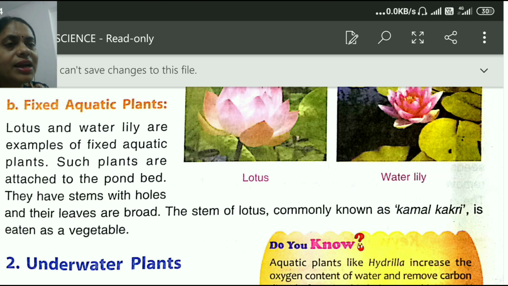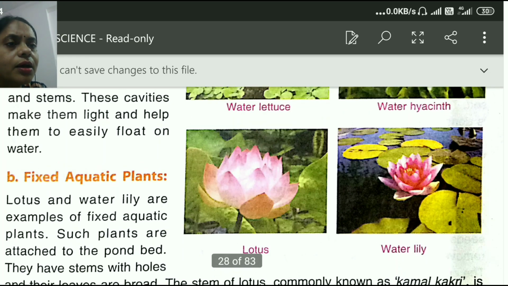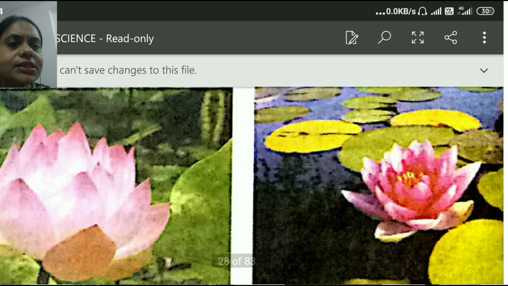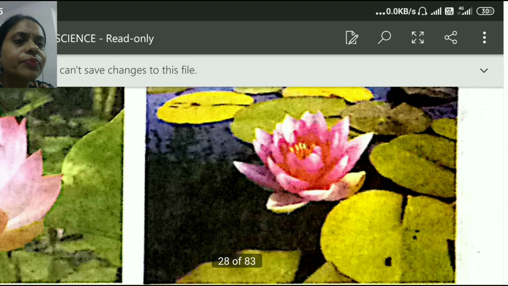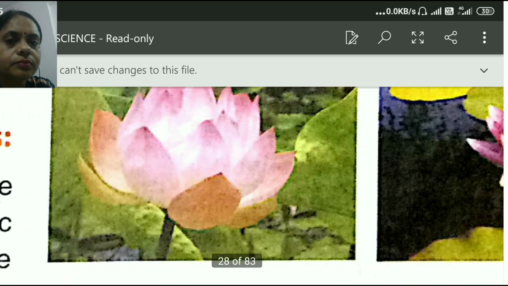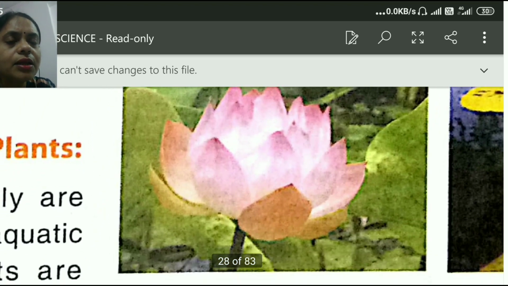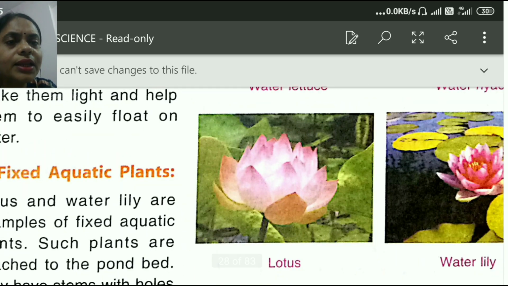Now let's have a look at the broad leaf of lotus and water lily. The leaves are broad. Have you ever seen the lotus flower bloomed in the water? Yes. Then you have also seen the leaves of such kind of flowers.